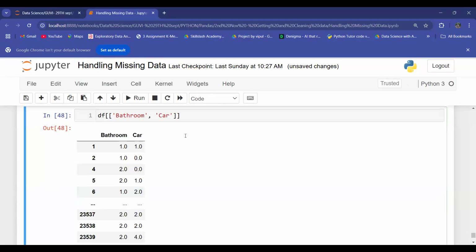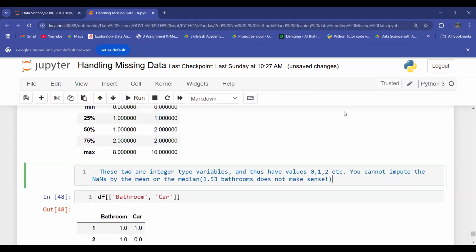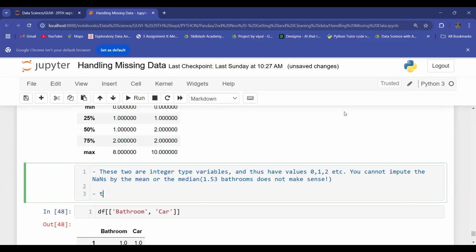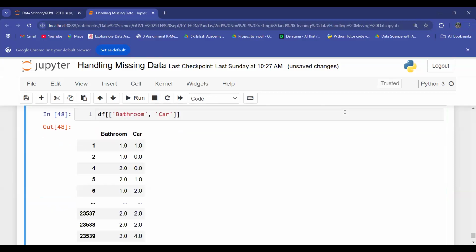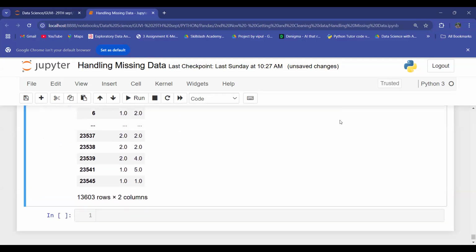So you need to impute that with the mode, right? So that is where the situation is. We need to impute them by the mode, the most commonly occurring value. That is your mode. So what we'll do is, first of all,